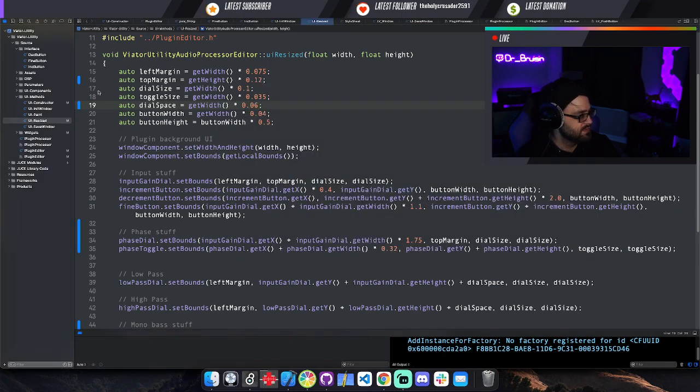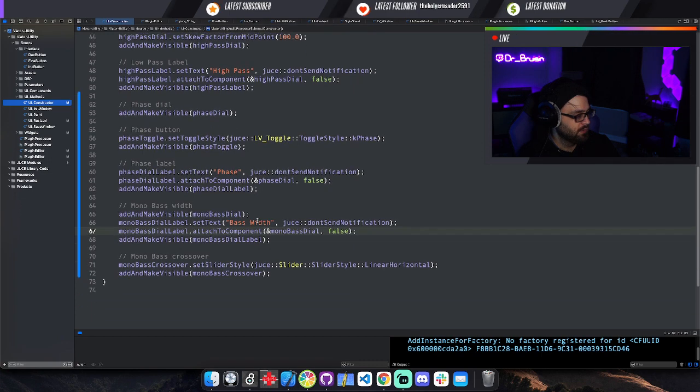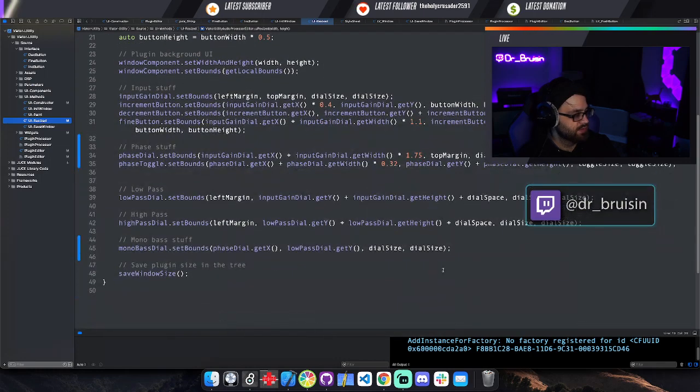Okay, let's see if the fader looks right while it's horizontal. So did we already put it in there? Yes, okay. So we just need to do resize. So let's do